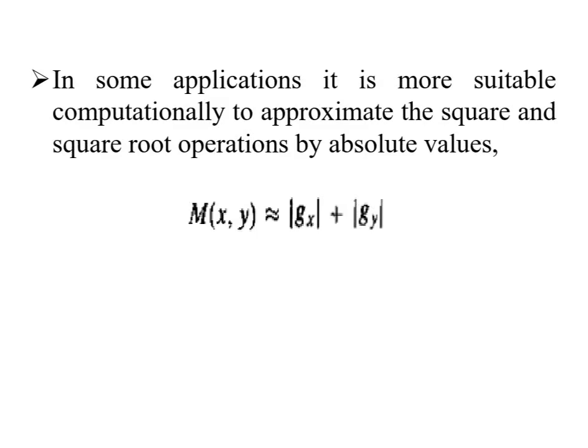In some implementations, it is more suitable computationally to approximate the square and the square root operations by absolute values, that is M of x comma y is approximately equal to the magnitude of gx plus the magnitude of gy. This expression still preserves the relative changes in intensity, but the isotropic property is lost in general. However,